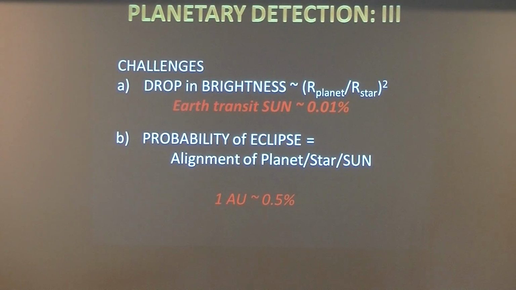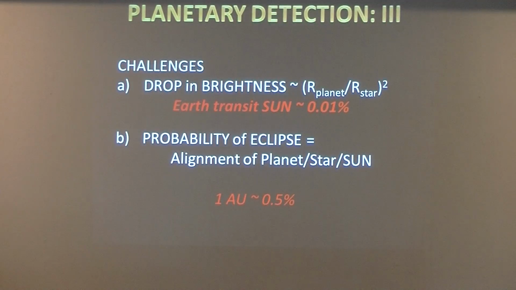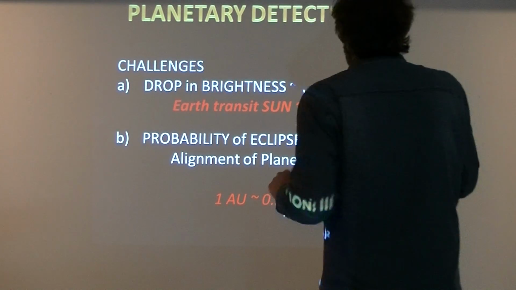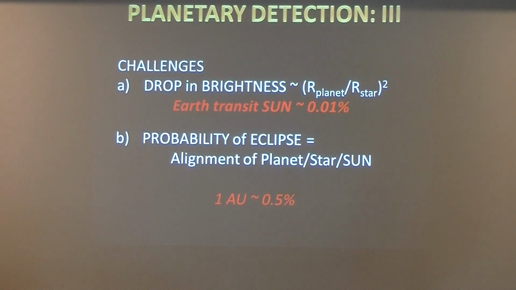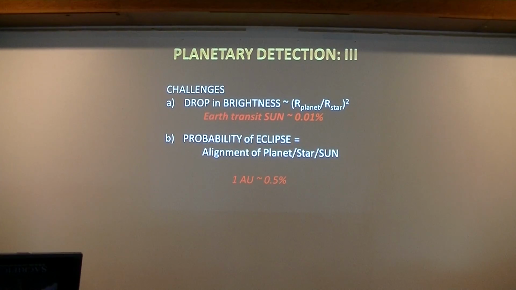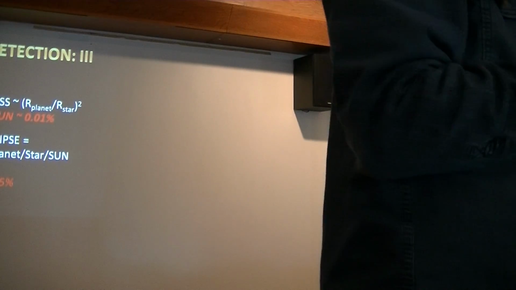Problem. Always a problem. It works well, except for a problem if you're trying to identify planets. First problem is the drop in brightness depends upon how big the area of that black planet is relative to the area of the star. An example, if you're sitting out there on some distant planet looking back at the solar system, and